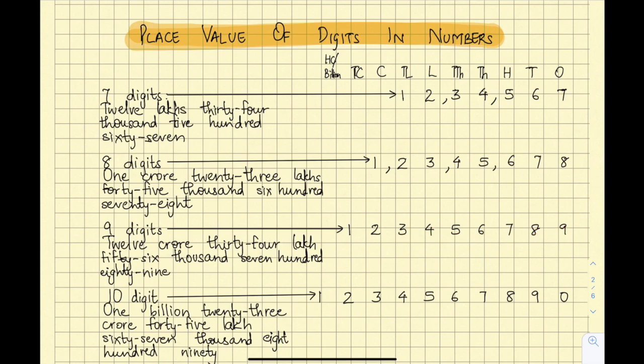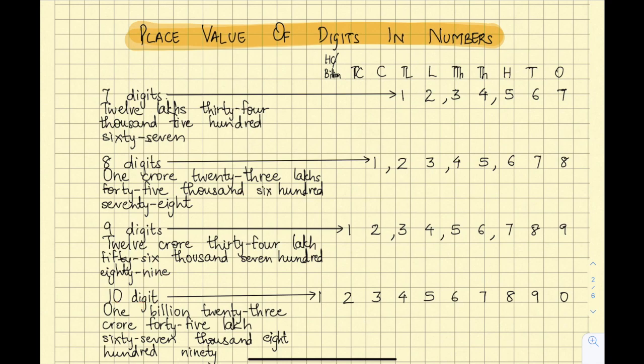Now for 9 digits, I have used the digits 1, 2, 3, 4, 5, 6, 7, 8 and 9. Let us place commas. Ones, tens, hundreds, comma, 1,000, 10,000, comma, lakh, 10 lakh, comma, crore and 10 crore. So here we can see in place of 10 crore we have 1, in place of crore we have 2. So in place of crores we have 1, 2, that is 12, so 12 crore. In place of lakhs we have 3 and 4, so 34 lakh. In place of thousands we have 5 and 6, so 56,000, and ultimately 789.